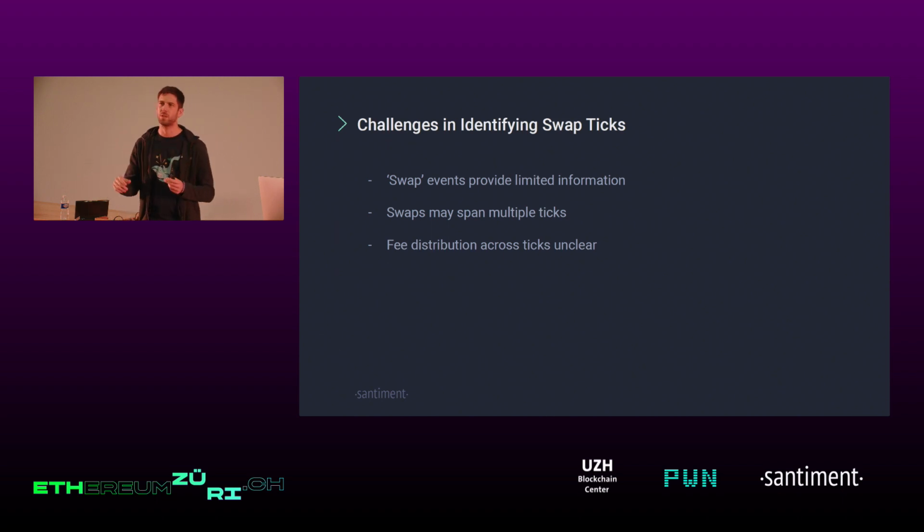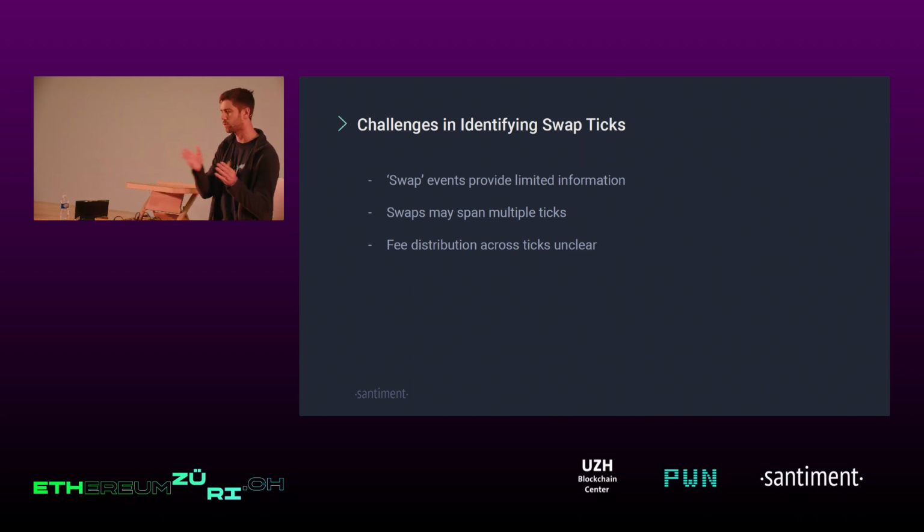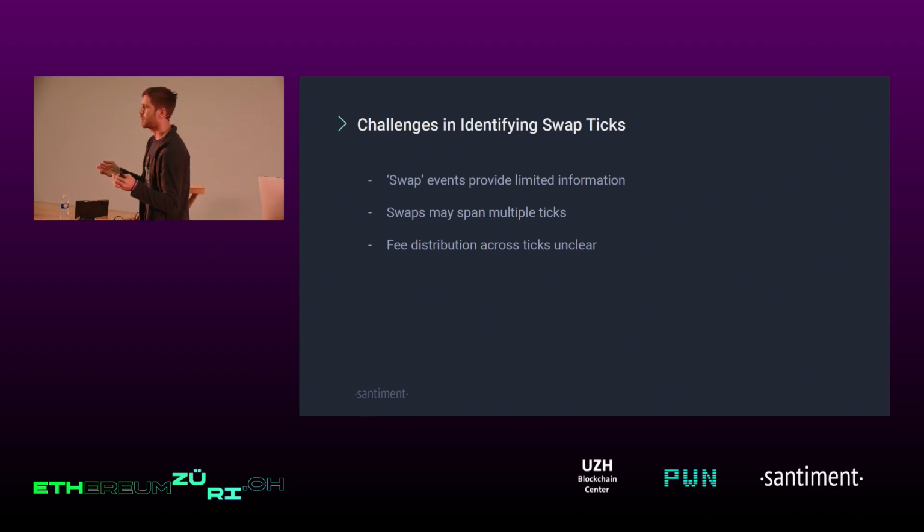But let's say that we can look at previous swaps and infer that if the previous swap finished at tick 0 and this one finished at tick 4, then we know it started at 0 and finished at 4, and that's good. But the problem is that when a swap happens across multiple ticks, what's realistically happening is